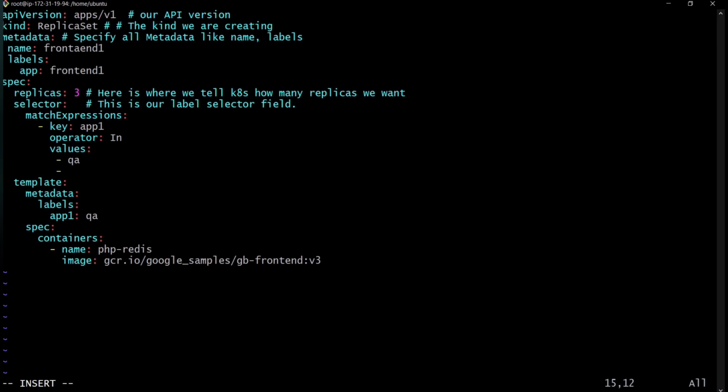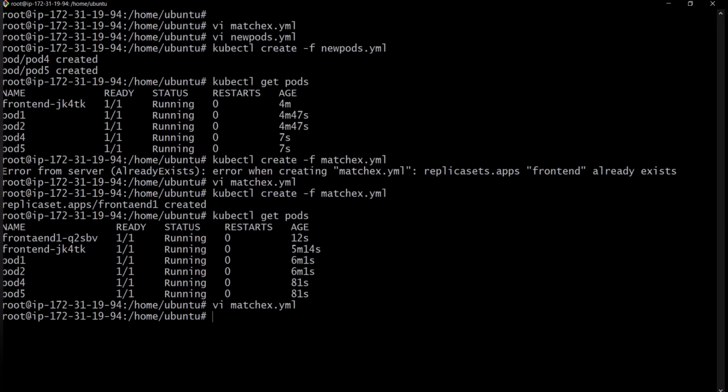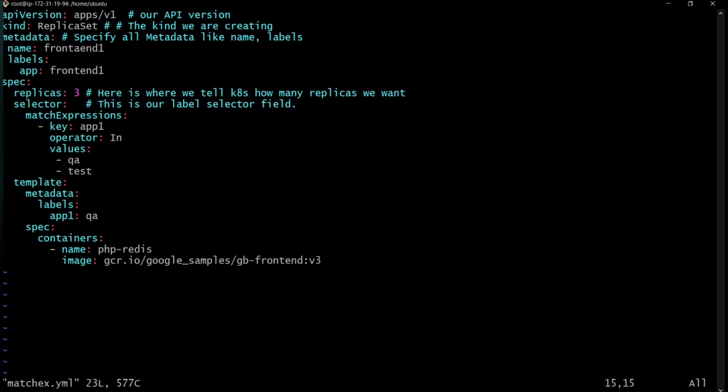Okay, test environment. So let's save these things, and create one more pod. In the expression file, here we have to define the replicas as 5.